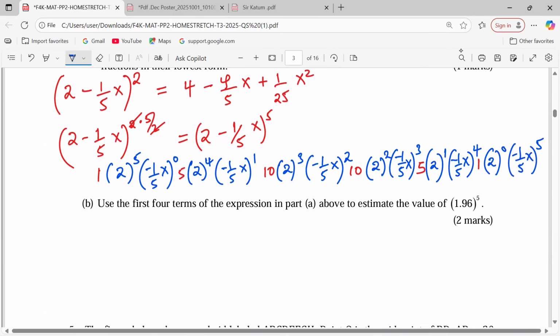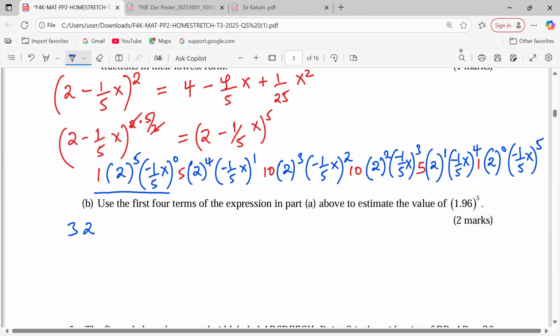In the first case, for the first term, we have 1 times 2 power 5. You know, 2 power 5 is 32, right? And anything power 0 is 1. So we'll have 1 times 32 times 1, which is 32. The next term, 2 power 4,